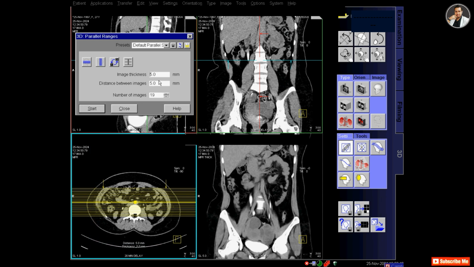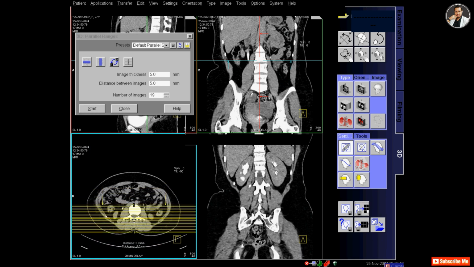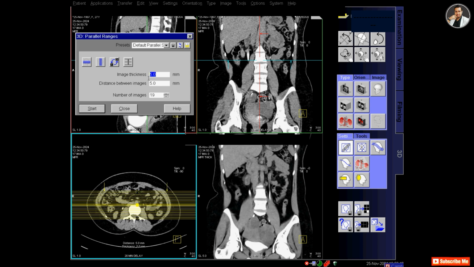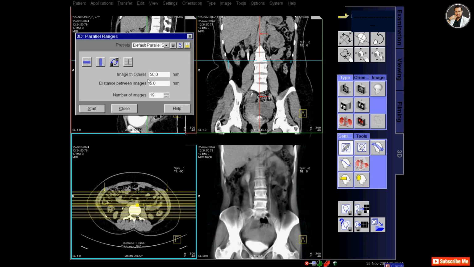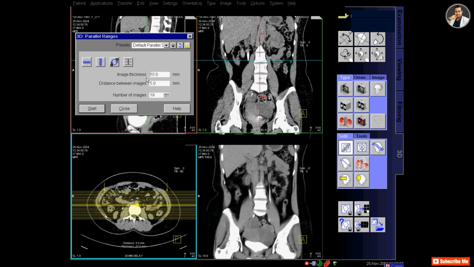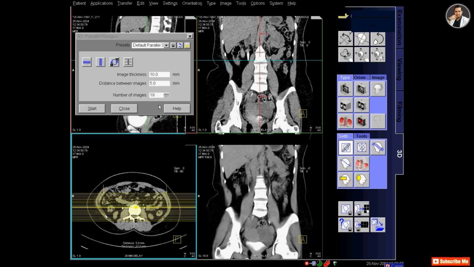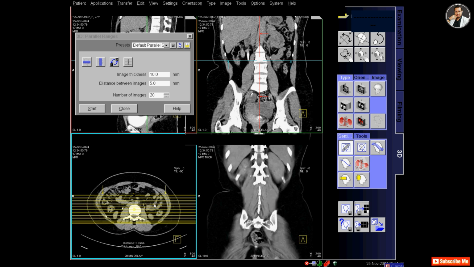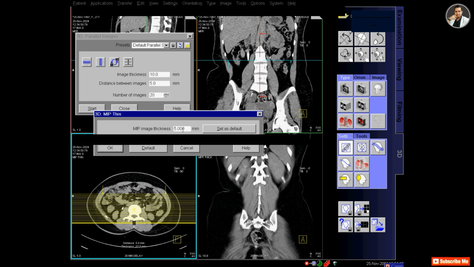And I will make a coronal image from this series. For this I have to plan on the axial image and select the thickness 5 and adjust the slices. I have selected the thickness to 10 so that the ureters show better, and I will change the number of series.